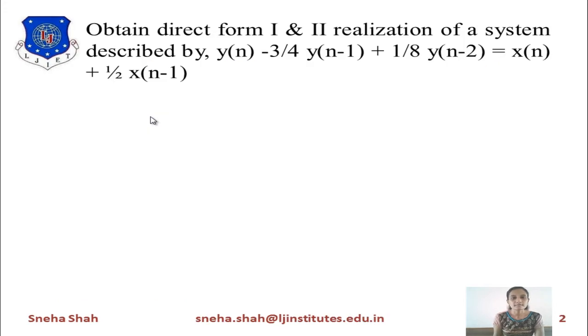The first example is: obtain direct form 1 and 2 realization of a system described by y of n minus 3 by 4 y of n minus 1 plus 1 by 8 y of n minus 2 is equal to x of n plus 1 by 2 x of n minus 1. To solve this example,